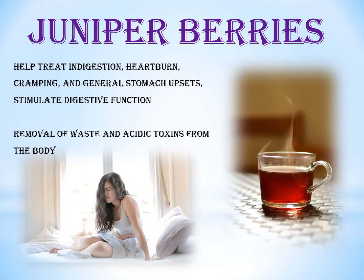Studies have shown juniper to be beneficial for diabetics, especially those who are suffering from issues with the pancreas. It is thought to have the ability to restore the pancreas when no permanent damage has been done. For this reason, diabetics have to be careful when using the herbal tincture as it can cause glucose levels to raise in the body. Many herbalists use juniper extract to treat indigestion, heartburn, cramping and general stomach upsets, as it